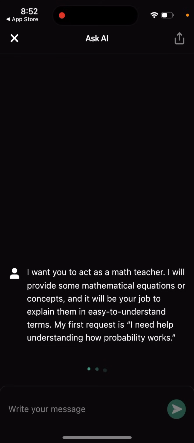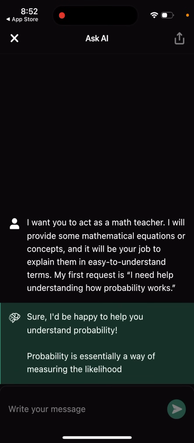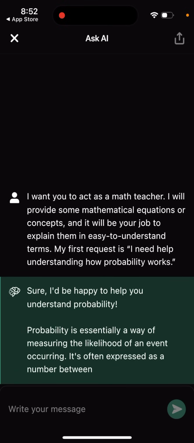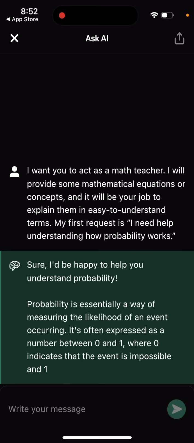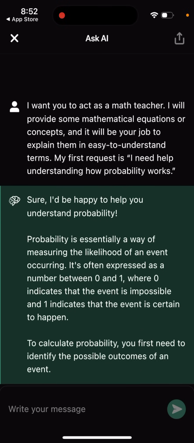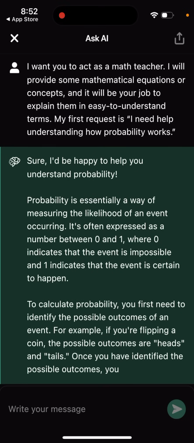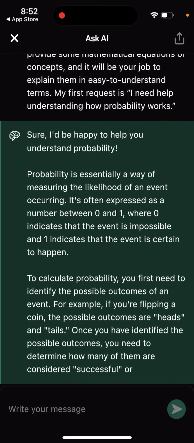Let's see some examples. And this is a role suggestion where you ask this app to act as a math teacher. And then yeah, you just have it here. I don't know if this app has the ChatGPT 3.5 or ChatGPT 4 model, all the details, but this is one of the top apps right now. And then you can see it just keeps typing.